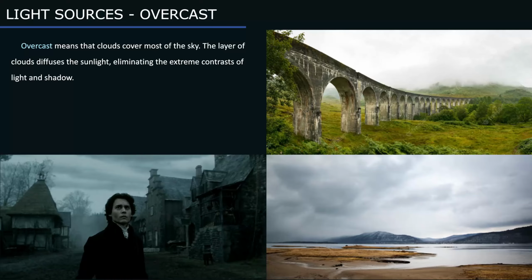Overcast light is common for overcast weather, when clouds cover the entire sky. Therefore, there is no direct sunlight. The layer of clouds diffuses the sunlight, eliminating the extreme contrast of light and shadow. Ambient lighting shows the true colors of the objects. Without sharp shadows complicating the scene, the picture is simpler and the shapes are bigger, which tends to create a more wistful or sad mood. Surprisingly, colors appear brighter and purer than they do in direct sunlight. It's easier to show the patterns of costumes and signs. The sky appears light gray or white, often the lightest note in the composition.